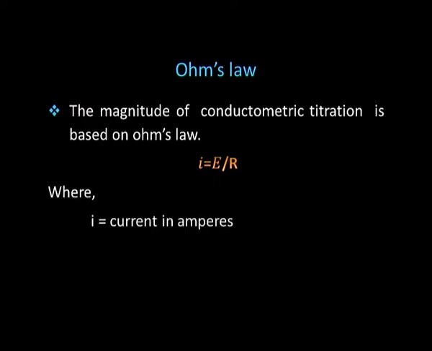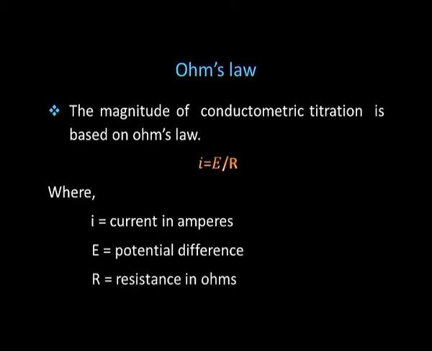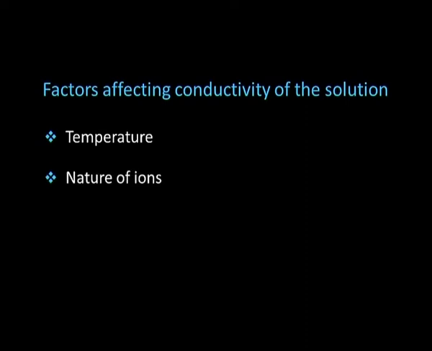Here current I is in amperes, E is the potential difference, and R is resistance in ohms. Let us now consider various factors that affect conductivity of the solution: temperature, nature of ions, the concentration of